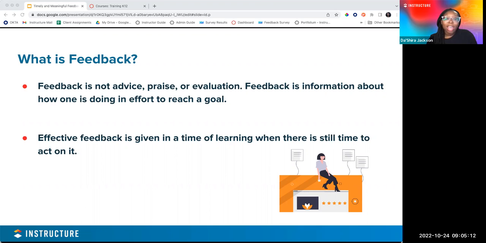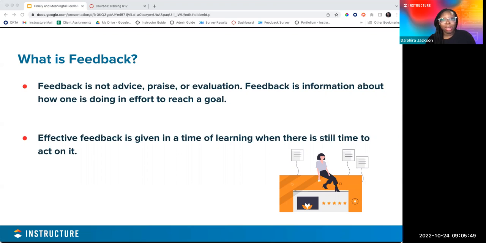So when we think about that, feedback can be written comments, which now that we're using Canvas would be more electronic, meetings with our students, or giving them opportunities to get suggestions from peers. And we say effective feedback needs to happen at the time of learning. An example would be making sure that we're providing feedback throughout the process of students working on projects and assignments, as opposed to only providing that feedback at the end, because it's not going to be effective if we give them a final grade.